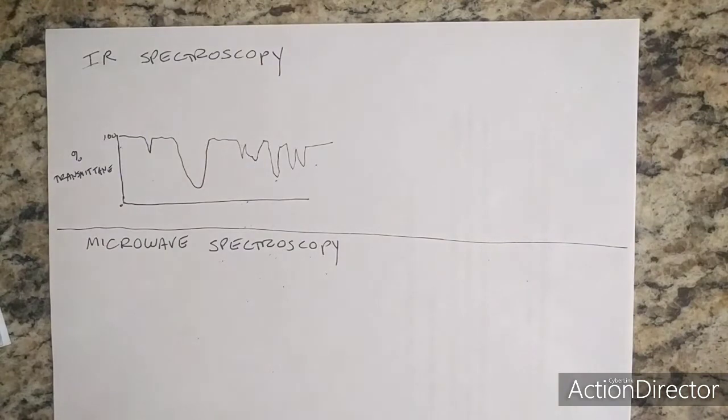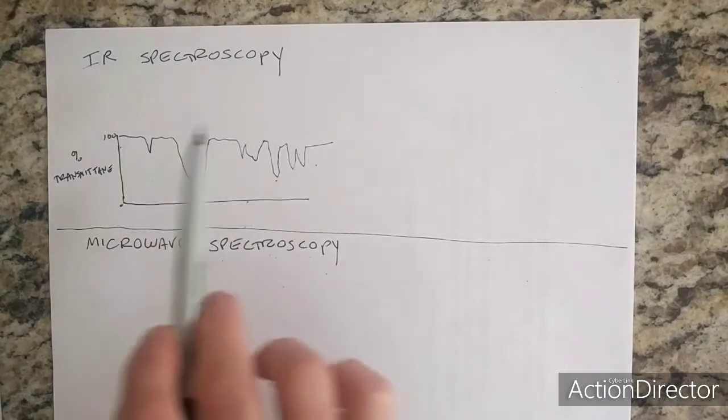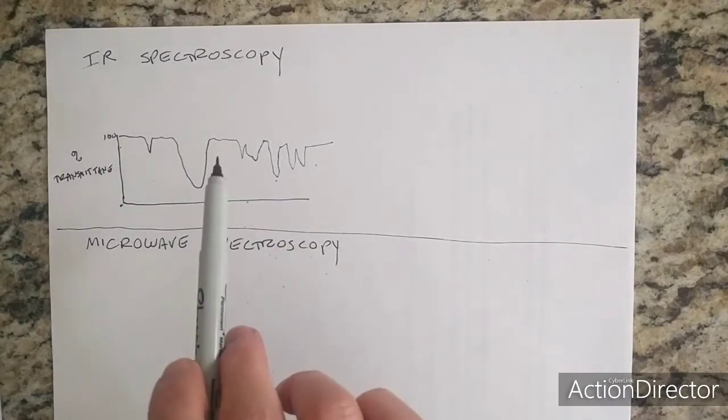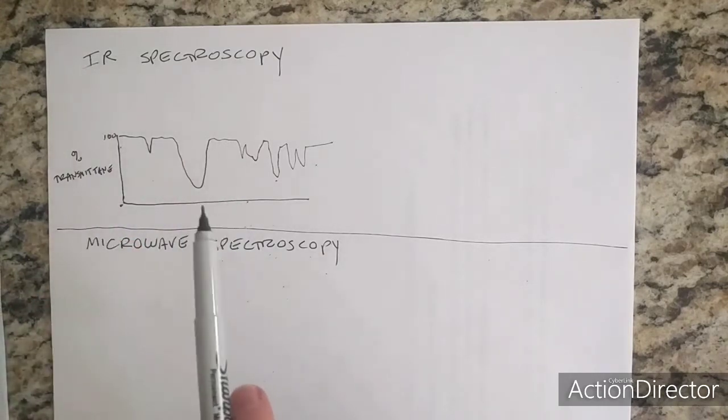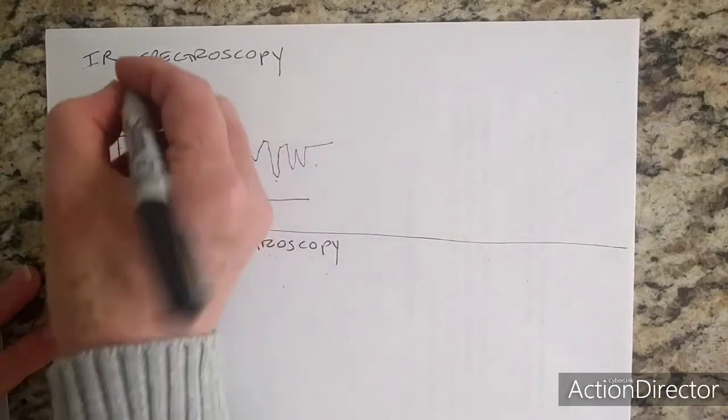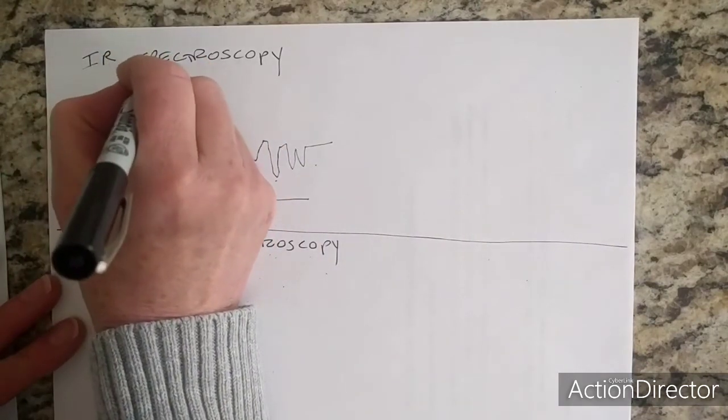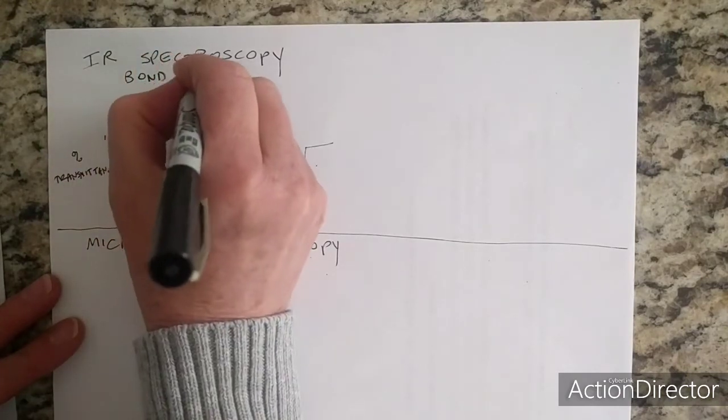All right, moving on, we're just going to briefly talk about IR spectroscopy. The energy for IR is a lower energy than UV-Vis, and this energy causes bonds to stretch and bend, and we can use it for identification of bonds in a molecule, or sometimes identification of the molecule. So for IR spectroscopy, we have bond bending